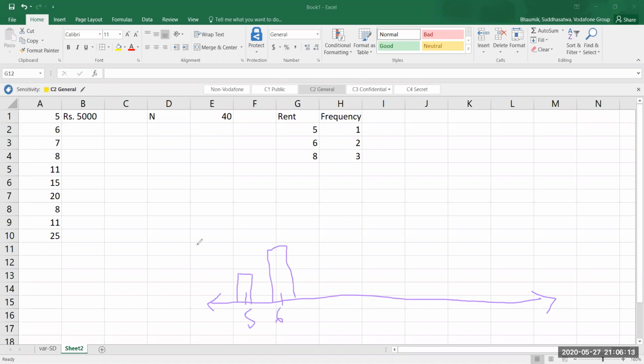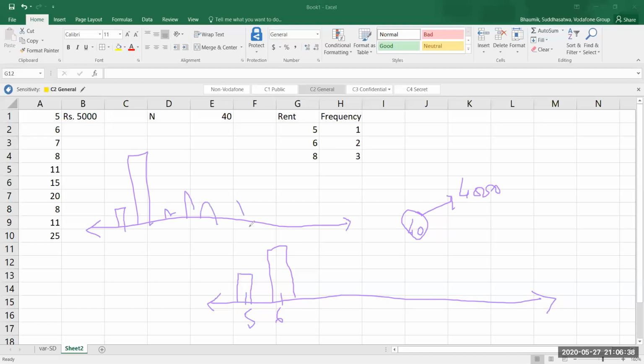The problem is that I have taken a sample of only 40 houses and the rent of those 40 houses. What happens if my sample is going to be 4,000? It is quite possible. There are millions of houses in our country, right? So my sample size can go up to 4,000. Imagine looking at a graph with 4,000 lines like this. A graph with 4,000 lines is going to be very difficult to comprehend. So we need to do something, and that's where